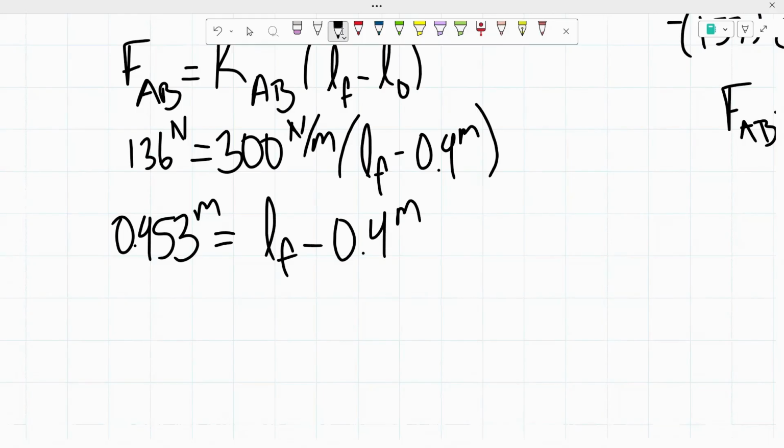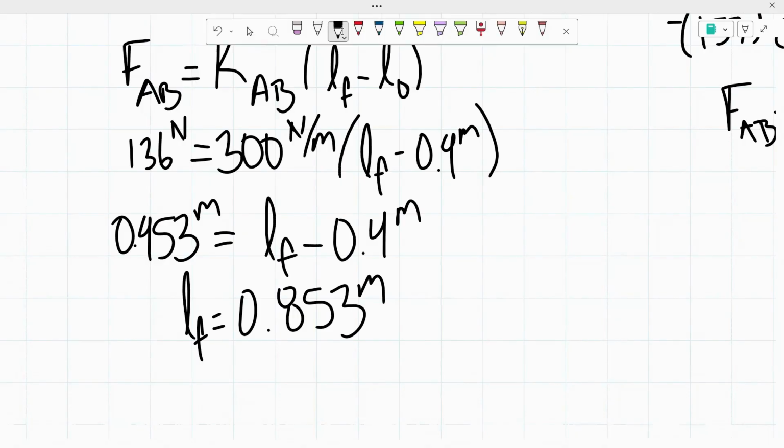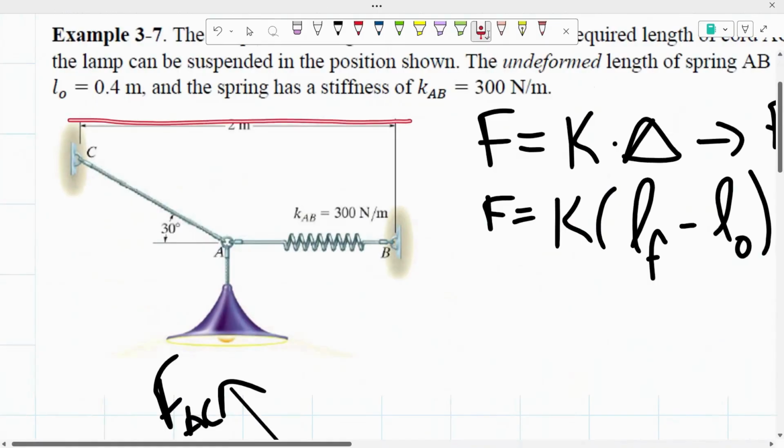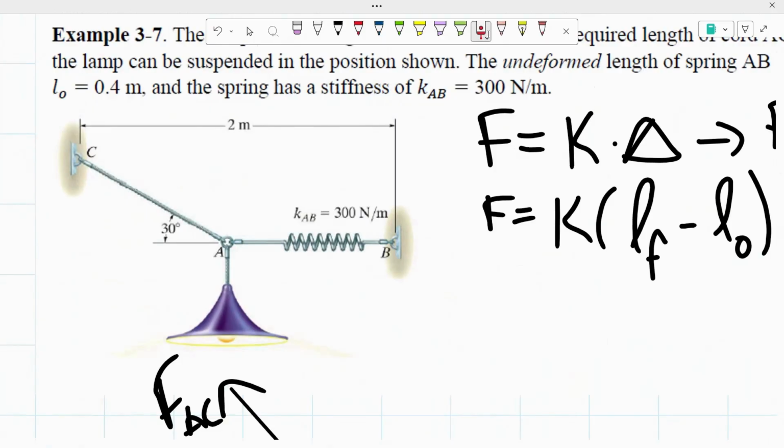And from there, we're simply going to solve for length final. So the final length comes out to being 0.853 meters. Now that we were able to find length final, we are going to be able to find the length of AC. But before doing that, we know that the total length from here to here is 2 meters. And what we just found, the 0.853, was this length right here, the length final of the spring,